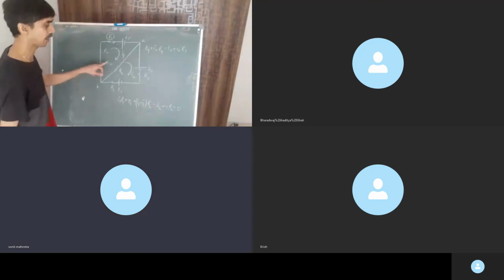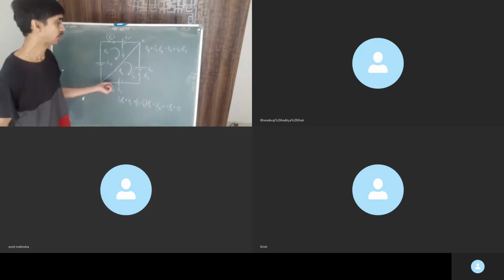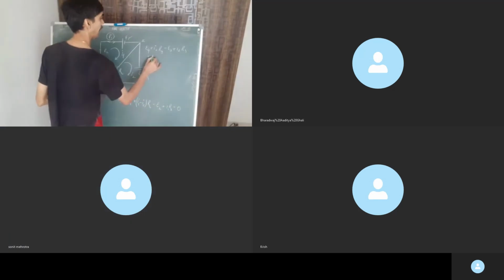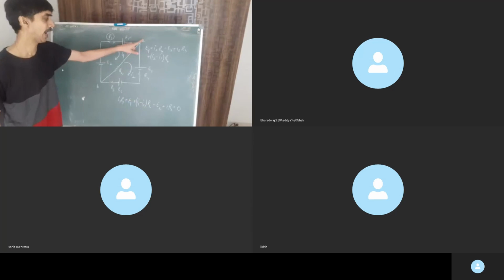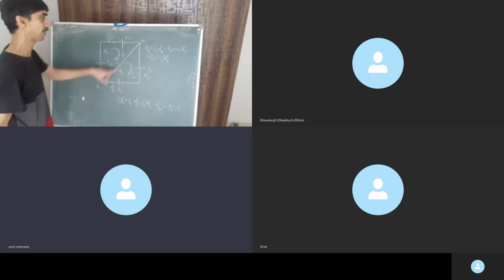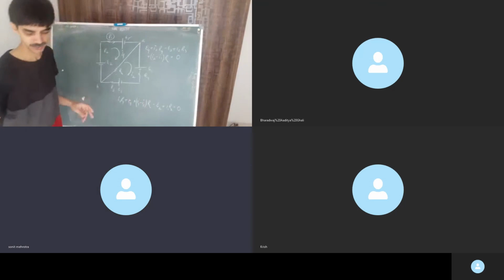Now it depends on which one is to call short. The one which is in picture, which we are discussing, is to call short. So as I'm moving from B to A, what will you write? You will write I2 minus I1 whole multiplied with R. Got it? B to A. So B this way, I2, and this way, I1. So I2 minus I1 whole multiplied with R. This is VB minus VA, is equal to what to us? 0 to us. Got it?